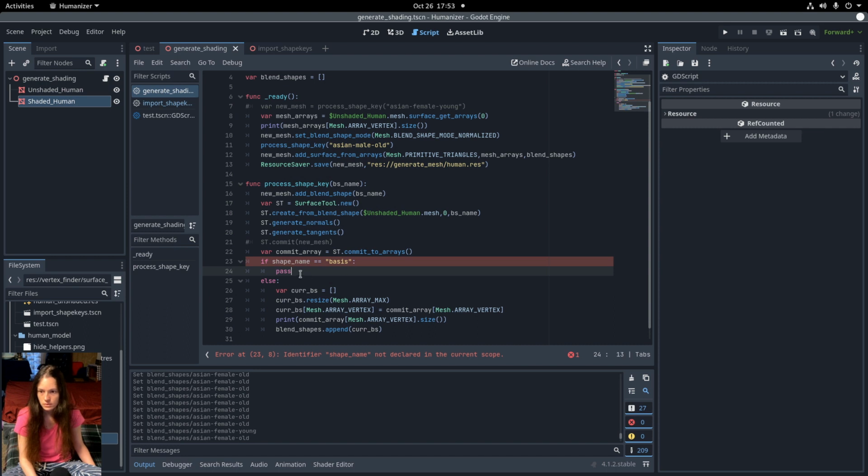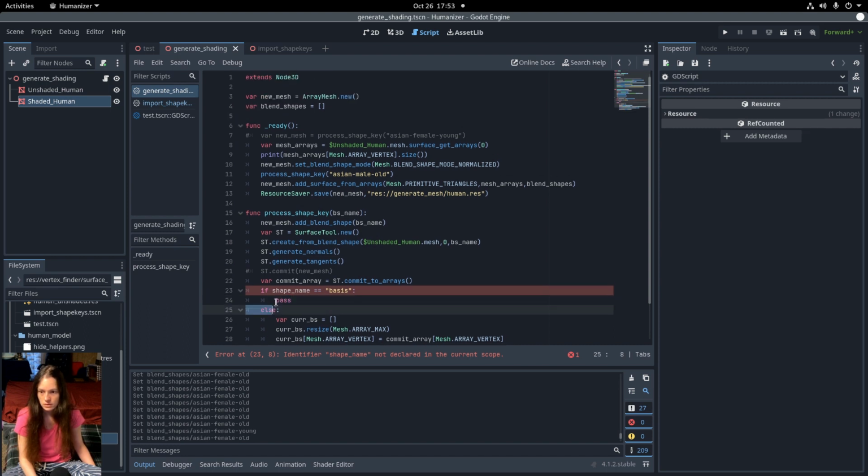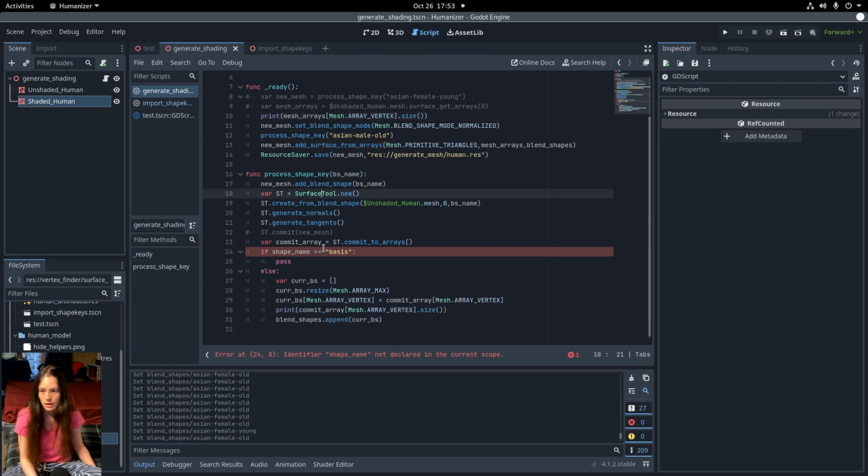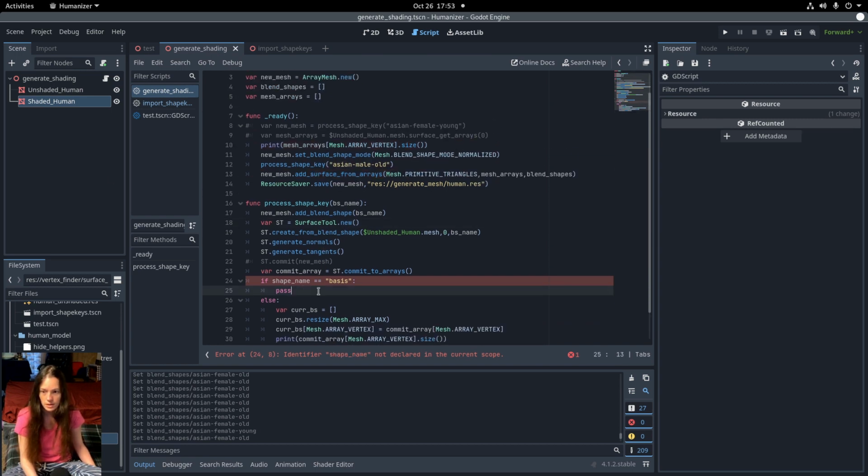So here, I'll set the mesh arrays. Instead of getting from the unshaded human surface, I'll declare the mesh arrays as an empty array, and if the shape name is basis, I'll set mesh arrays equal to the commit array,